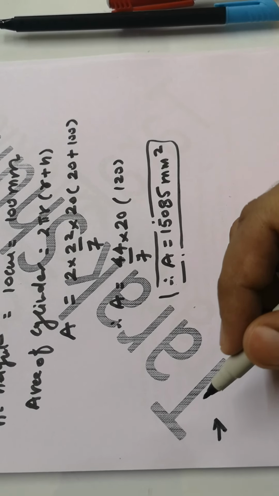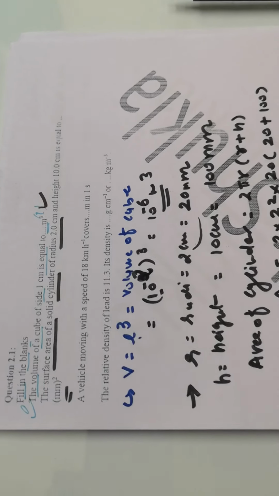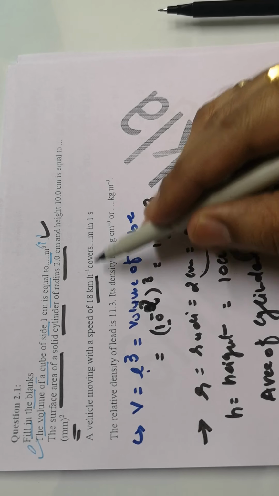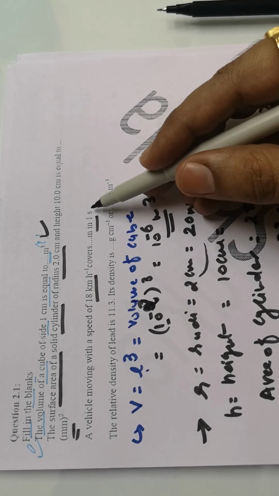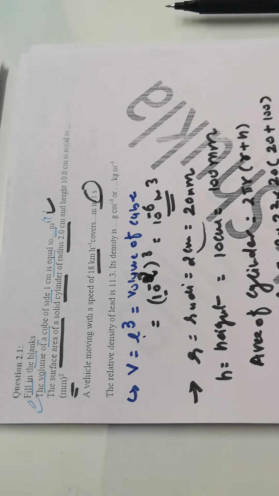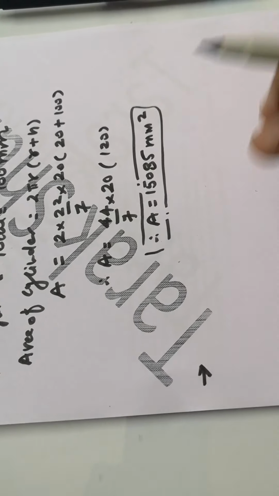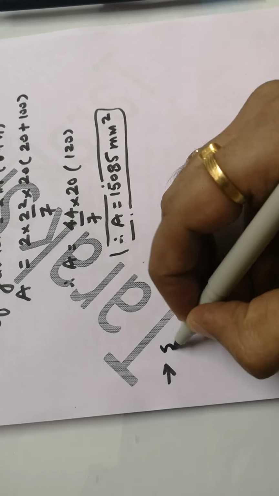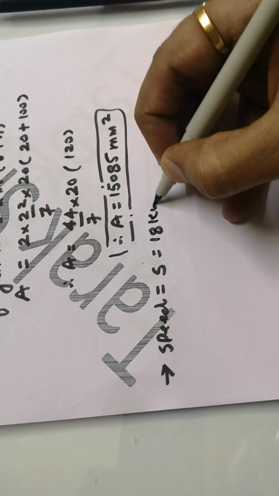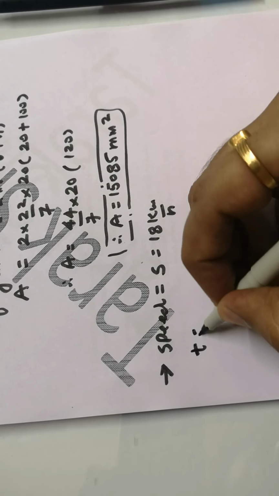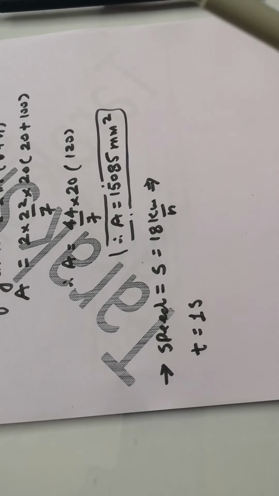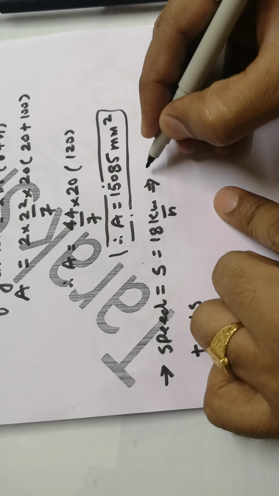Third type of example they have asked in the subcategory. A vehicle is moving with the speed of 18 km per hour and covers some distance, and the time given to me is 1 second. What they want is what distance I have covered. First of all you are aware of the expression of speed, s, which is given in kilometer per hour, and the time is in seconds. So first I have to convert this into meter per second. Always have a habit,